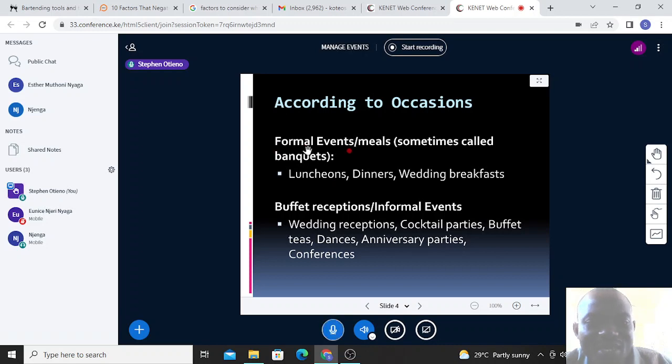And then the other category or base of classifying events is on public relations, and based on that we may end up with events such as press parties to launch a new product. We can have fashion shows or parades, exhibitions, we have seminars. And then the last base that we are going to look at is on conferences, and we have different types of conferences. We have political conferences, trade unions, training seminars, national and international events, sales conferences, as well as academic conferences. Now, this for today is going to mark the end of our presentation.